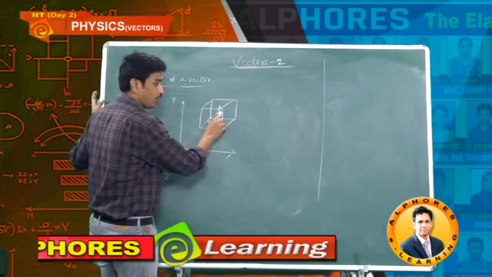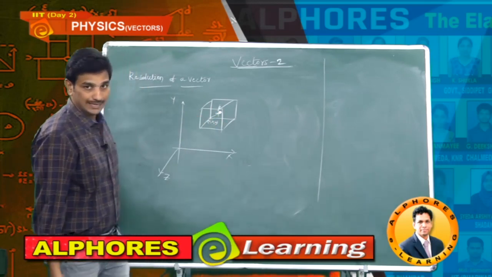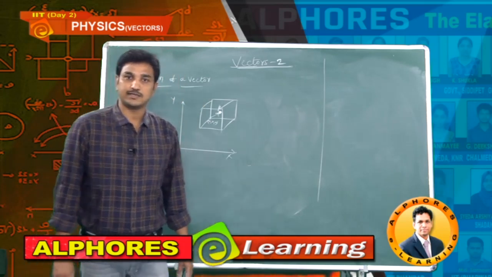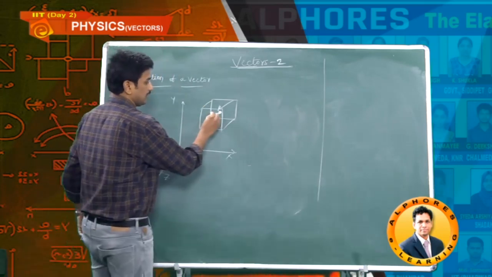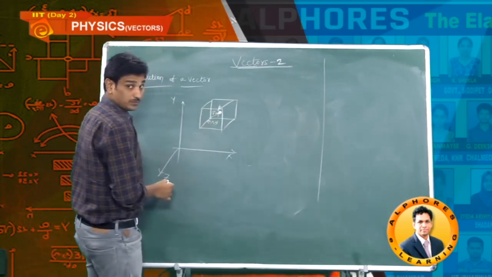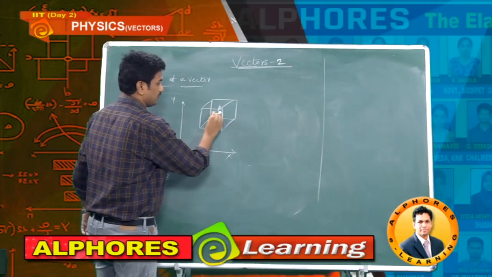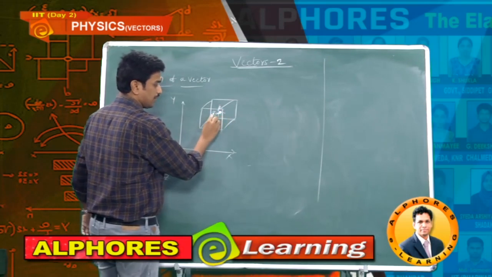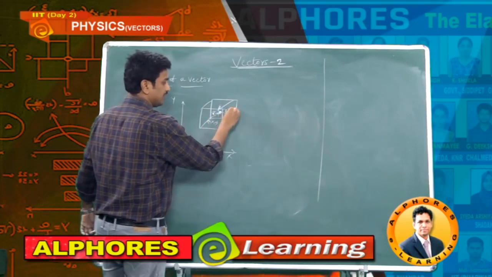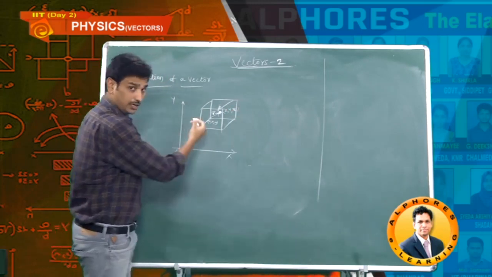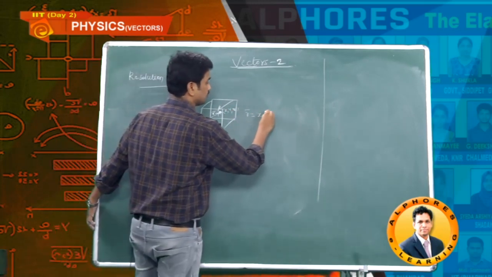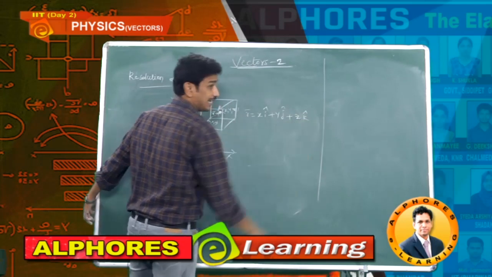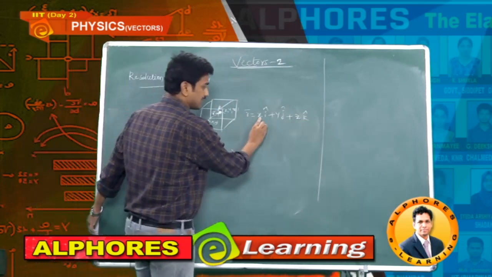Now, point in 3D, vector is 3D. Point in 2D, vector is 2D. Point in 1D, vector is 1D. Now, let it be R bar. What is R bar? R bar is the position vector of P, it's having 3 coordinates x, y, z, already you know that. R bar is equal to x i cap, y j cap, z k cap.